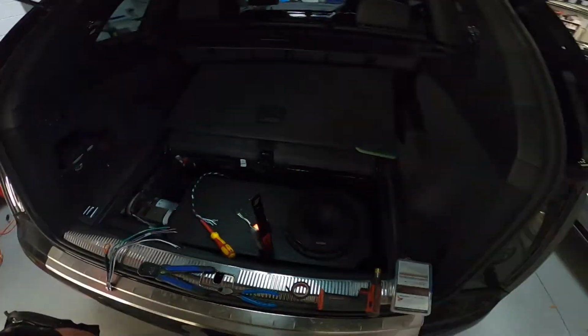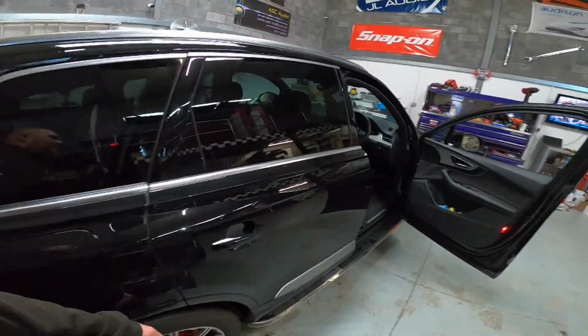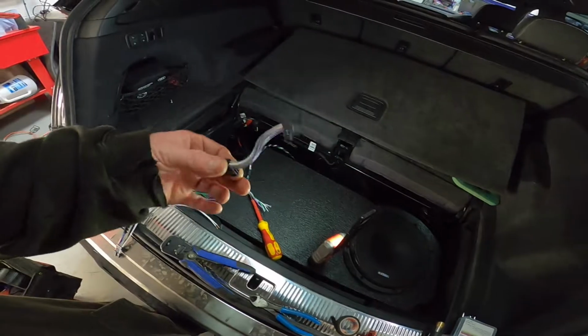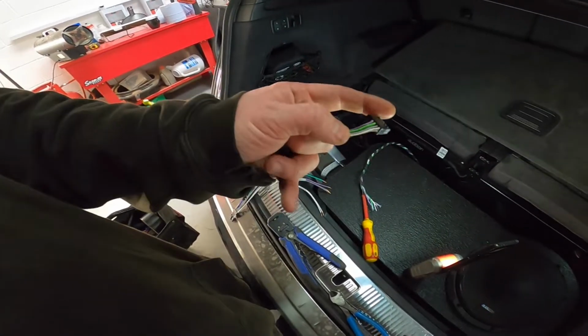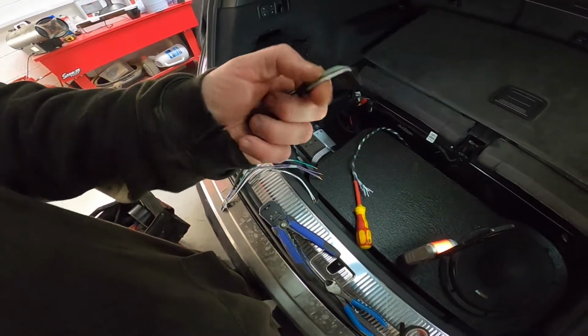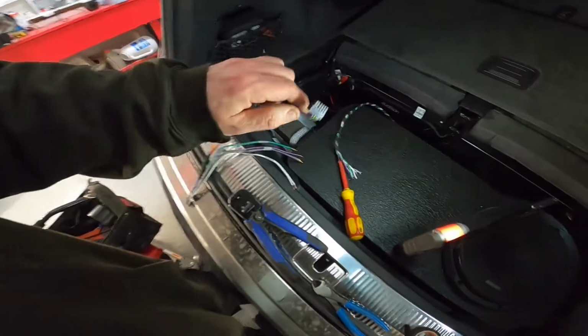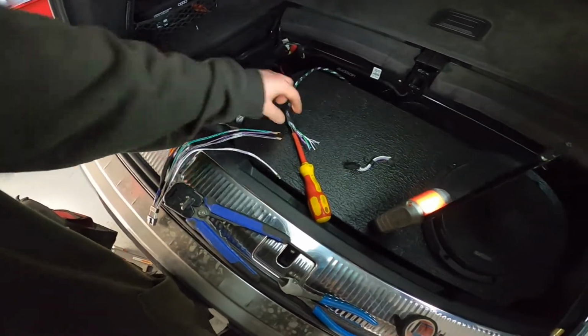But hey, look what's turned back up. We got the Q7 in. So Steve's dropped him off today. We had a little issue with this little adapter cable that you get given with the Forza. The connection into the amp here is a bit crap. So instead of using that connection, what I'm going to do is join these to these